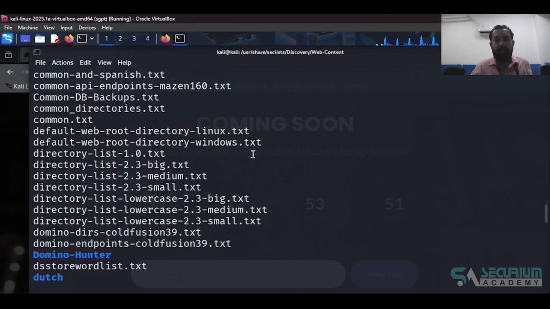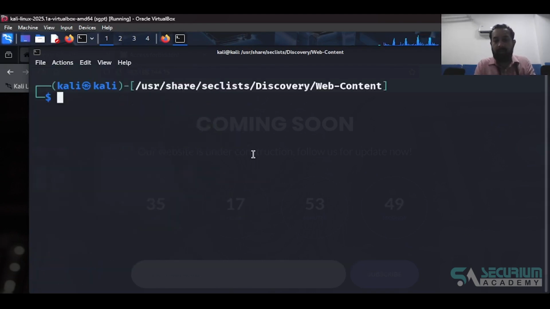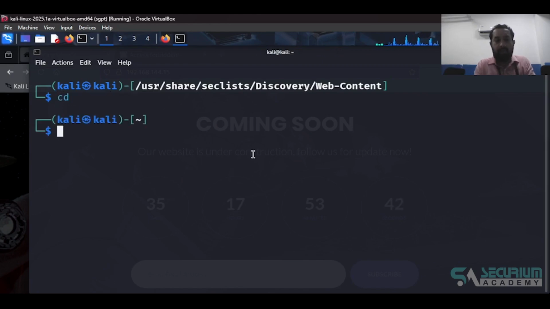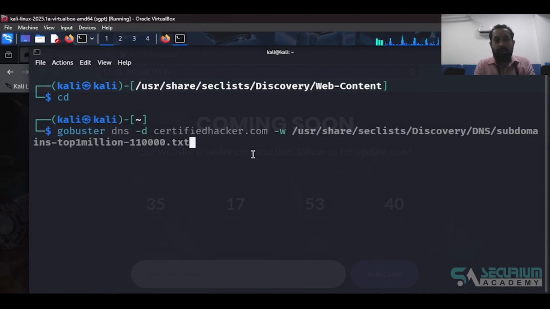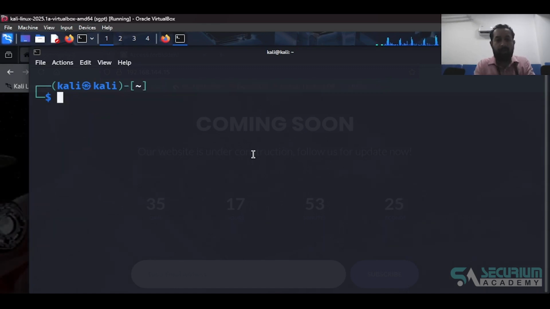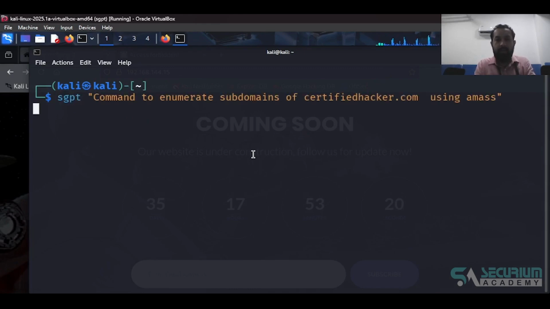I mean, in the checklist we have all these different types of options, so instead we can use the same command that we used earlier, Gobuster. Okay, so not this one. We'll use the same command actually, but it is not there in the history. So as GPT, we're going to use the